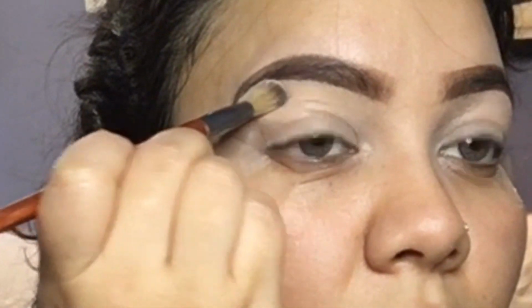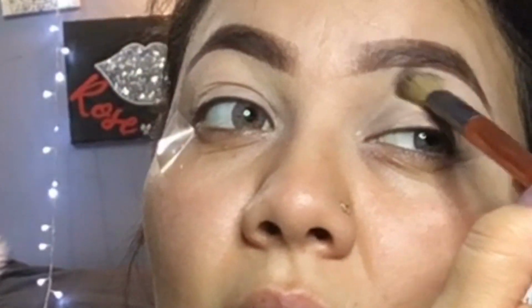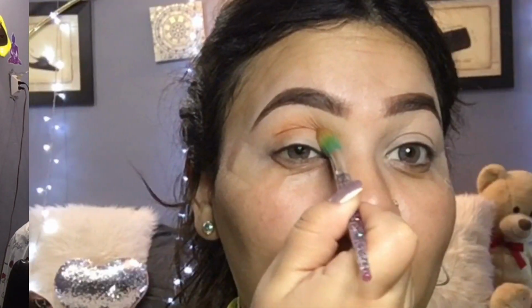I'm going to use one of the lighter colors, this one, and this is going to go on my brow bone because I want it to be super clean. This one right here and this one right here. So, and I'm just gonna go in little circles around my lid,